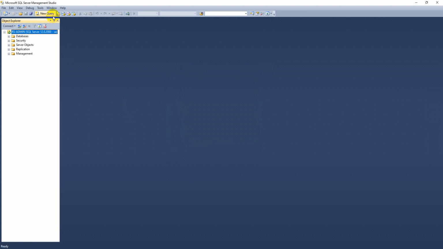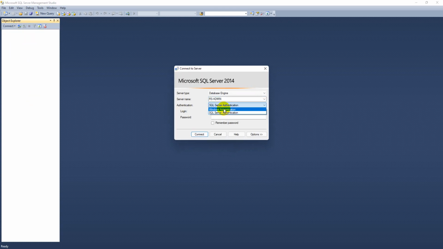Here you can see only one window, similar to our Visual Studio, which is the Object Explorer. This Object Explorer gives you a graphical representation of everything. That means you can see the database in a folder view, you can see tables, and the columns inside the table, everything graphically here. So this is one way. Otherwise, you can simply select Windows authentication and click on connect. Either way, you can easily connect to the server using SQL Server Management Studio.